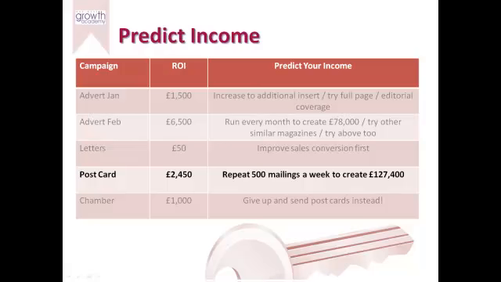If we made £2,500, and it wasn't even me that went to the appointments, it was a colleague of mine, a member of the team, it was literally £2,500 in income. Why don't I run this campaign, and instead of doing 500 mailings, I'll do 500 mailings every week, and I'll run it for a decent period of time. Of course, if you actually do the maths on that, it means you generate a profit of £127,000 over the course of the year.